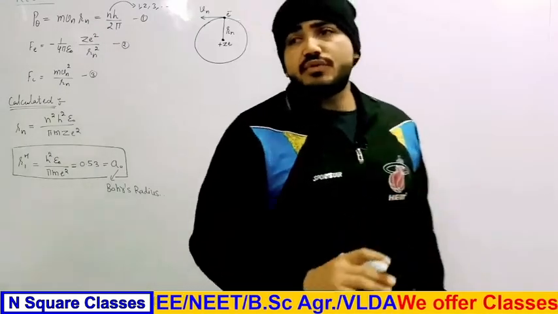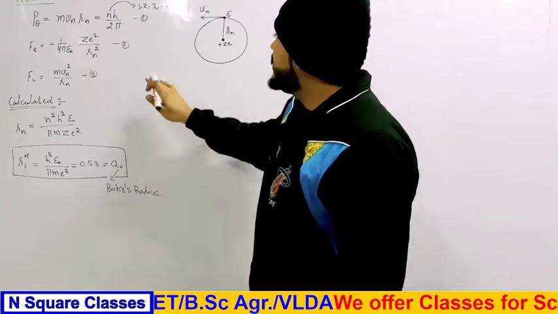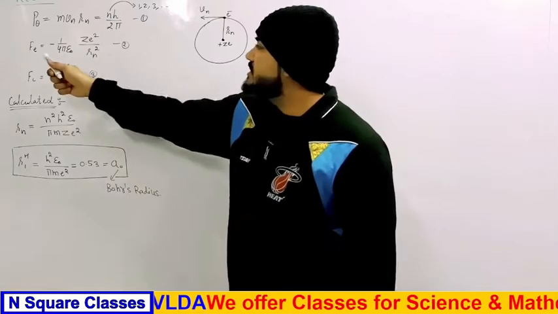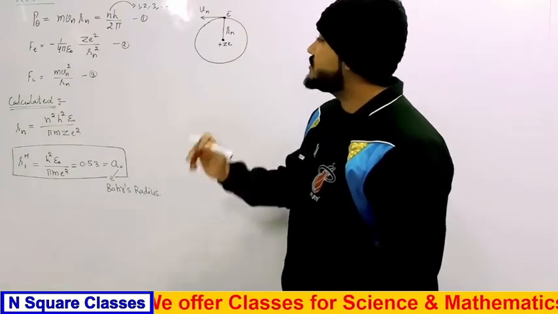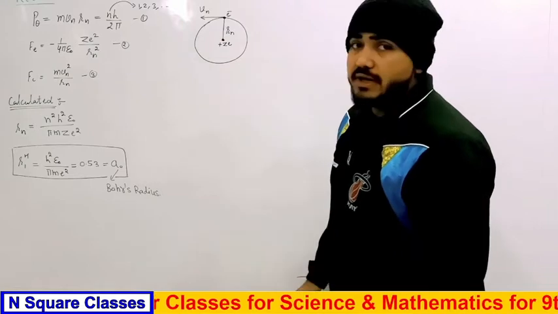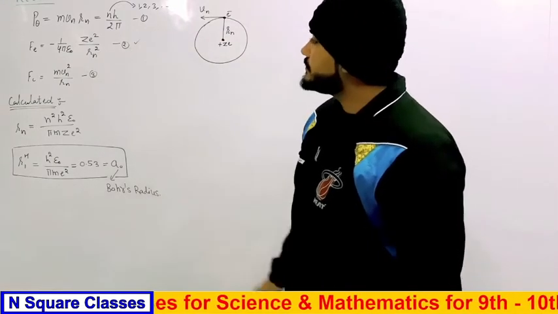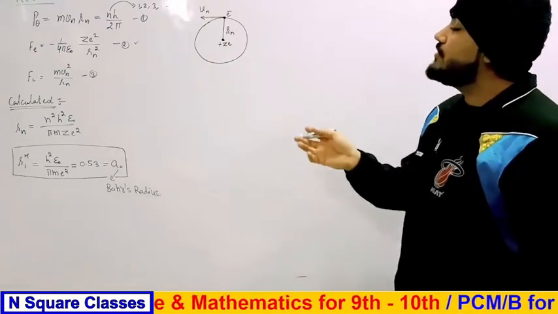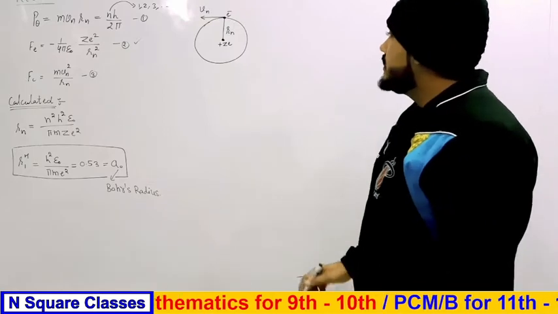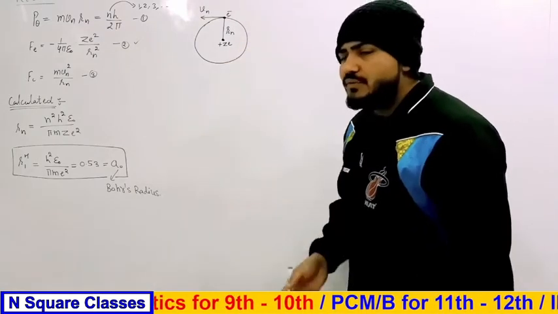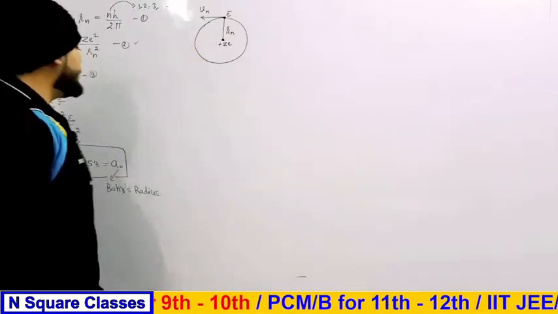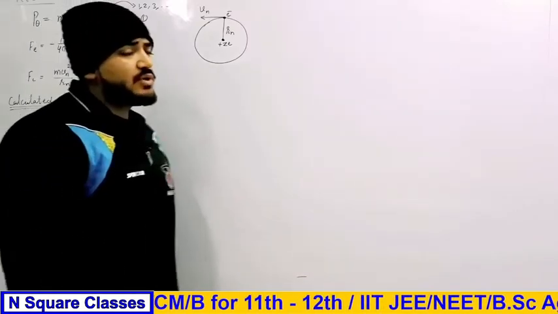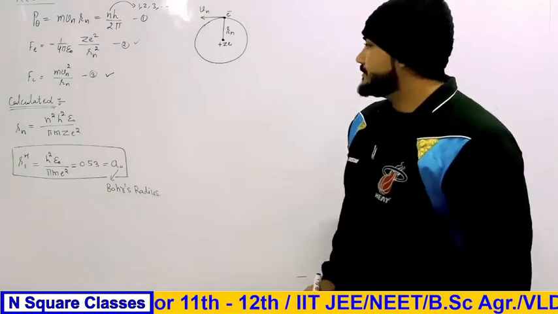This is the condition for a circular orbit, and using that we consider there are two kinds of interaction. One is the electron-nucleus interaction, due to which there is a force of attraction, that is the electrostatic force between this electron and this nucleus. Now we know that the electron is revolving around a circular track about the nucleus, due to which it experiences centripetal force, or we can say centrifugal force, and the centripetal force is equal to mvn square upon rn. We take mvn and rn because we are talking about the nth orbit.